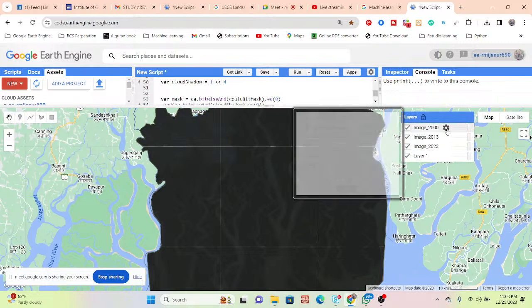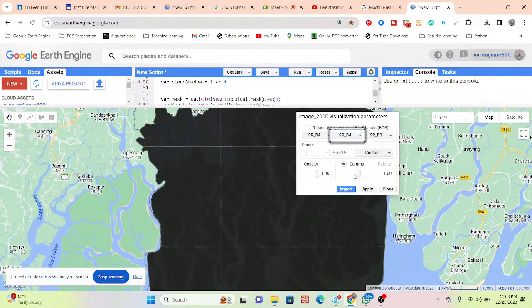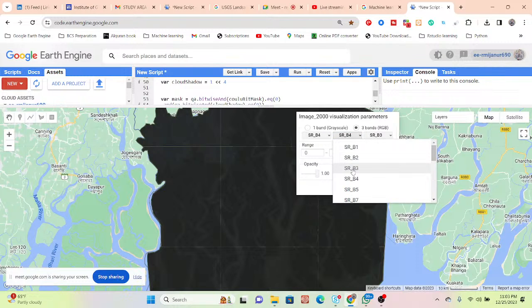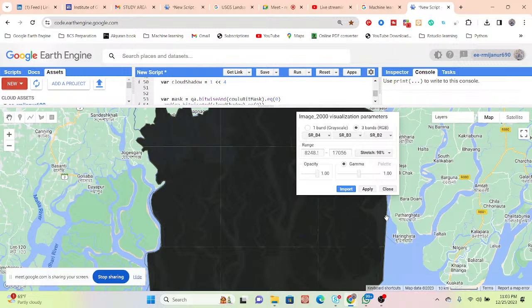Okay, so now let's check red, green, and blue, 98%, so it's the band 3, band 2, band 1. Apply.